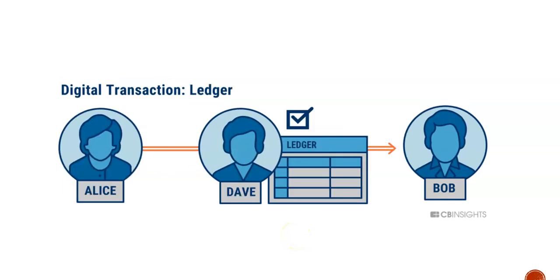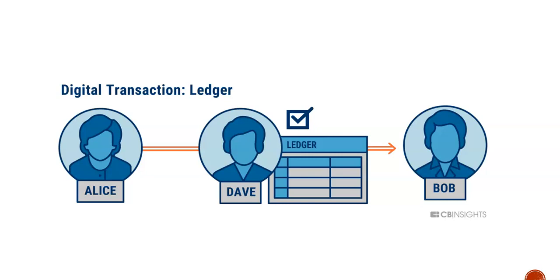So Alice and Bob get the help of another person called Dave. Alice and Bob agree upon having Dave as their middleman. Whatever transaction Alice makes, Dave will be keeping track of it, and whatever transaction Bob makes, Dave will also be keeping track of that. So there is a necessity of a ledger which should be maintained by a third person called Dave. When Alice sends money to Bob, Dave will keep track of that transaction in a ledger.